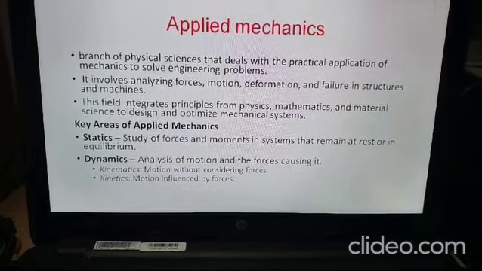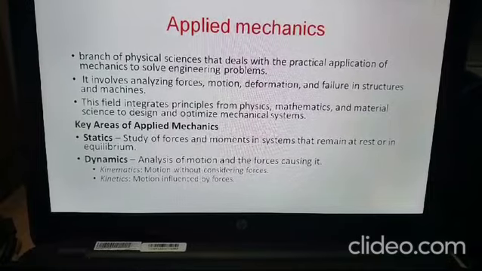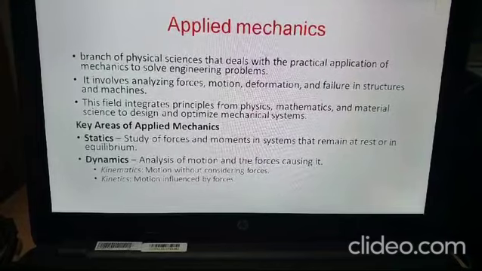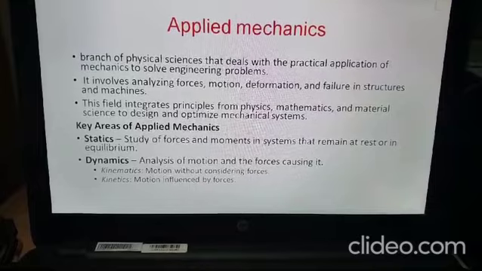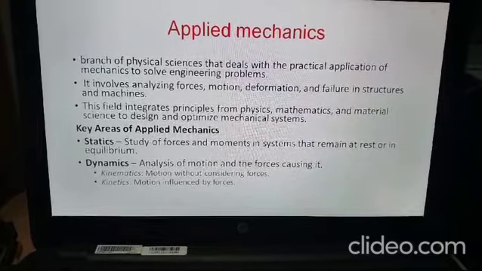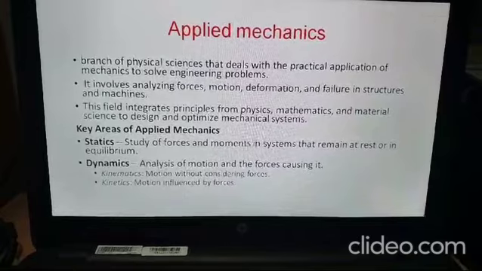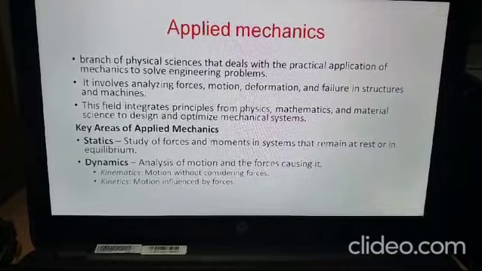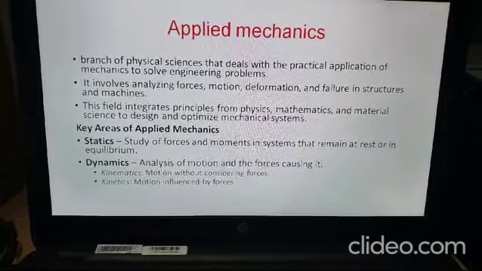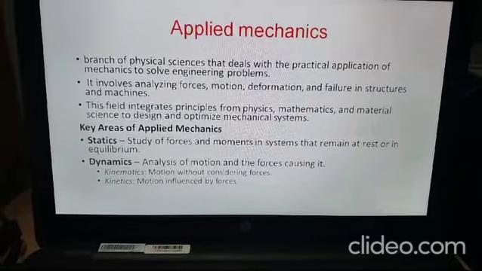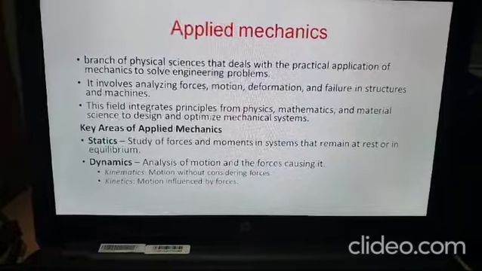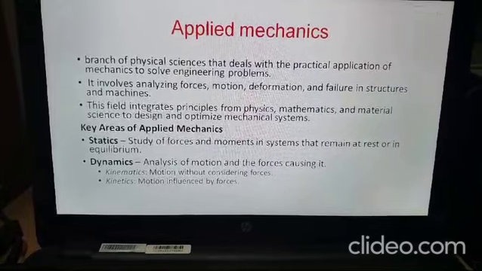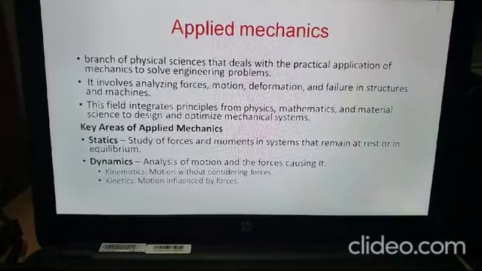They will analyze what are all the forces acting, because of the forces what stresses will be induced, whether the material we are using to make the product will be able to withstand the stresses. If the stresses become more, there will be deformation, that is called strain. The metal will undergo deformation. If it undergoes a plastic deformation, that is called a failure. The metal may crack, the metal may fail, so it will lead to accidents, even death of the users who